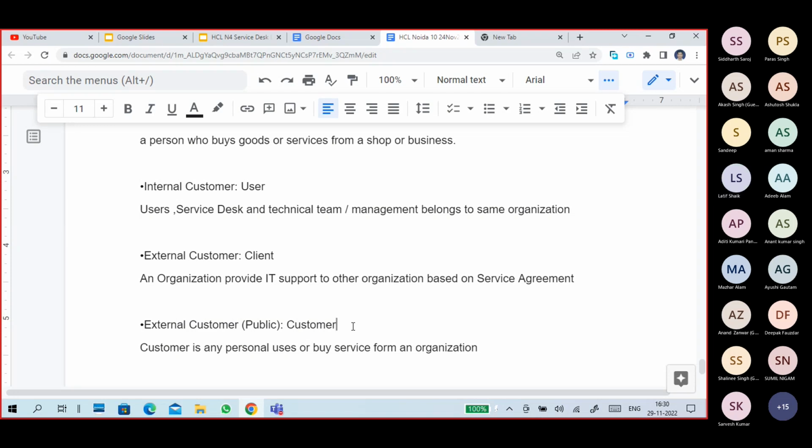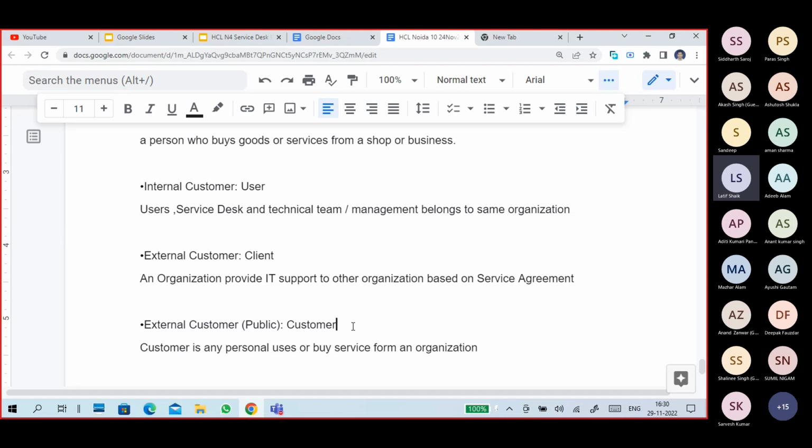Most of your work, as I know, is dealing with external customers, meaning a client. So your organization is a service provider, providing a service to an organization.